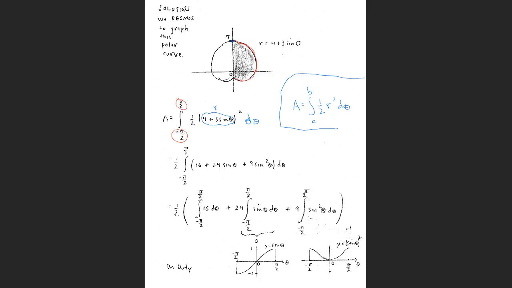Our polar curve starts here, at that point, whatever that point is. And if I were to draw that angle there,